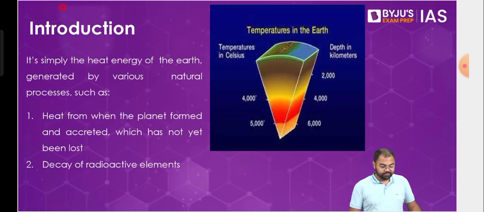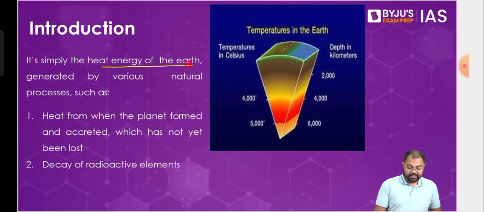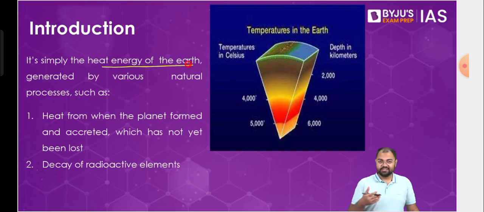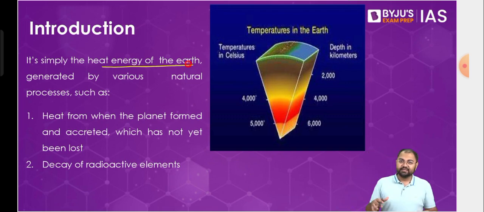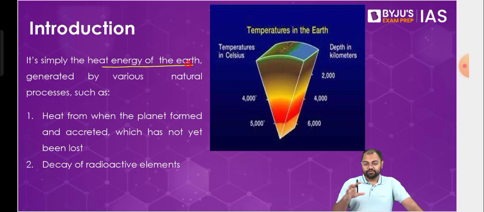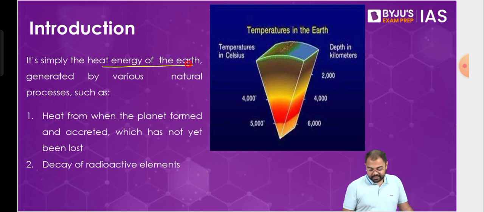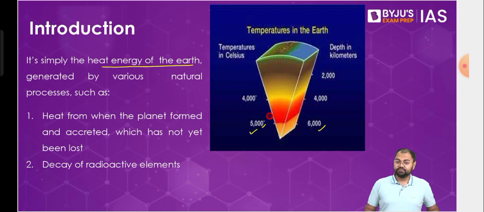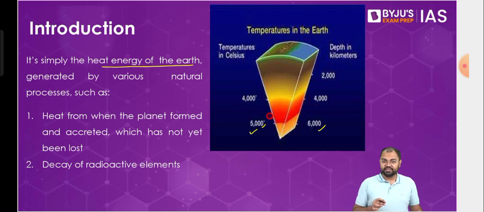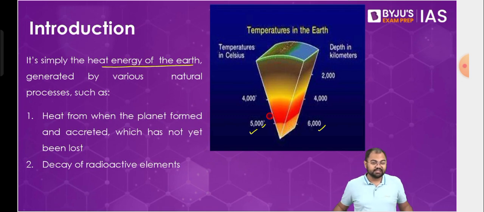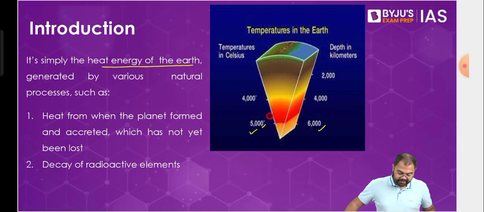Now, how do we define it? It is the heat energy of the earth, and there are a couple of sources from where it can come. First, the earth stores a lot of heat inside, from the time when it was created. The core of the earth is very hot, and the temperature there is very high. As you see here, as we go towards the center of the earth, the temperature keeps increasing and it can be as high as 5000 degrees Celsius. The temperature at the core of the earth corresponds to the heat that sometimes comes to the surface. When such heat comes to the surface, it can become geothermal energy.